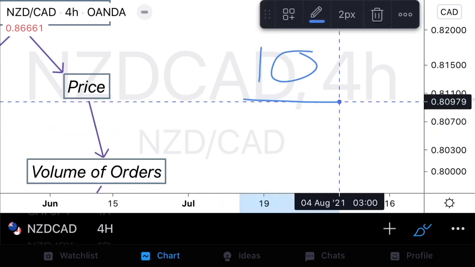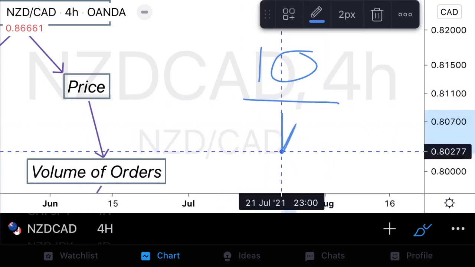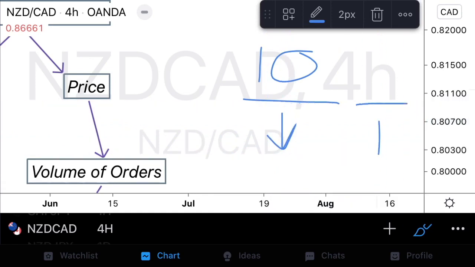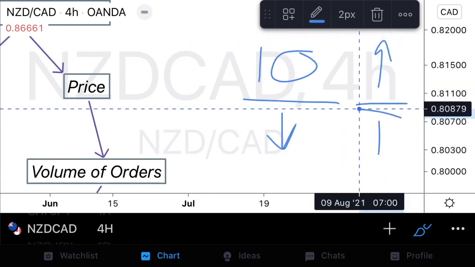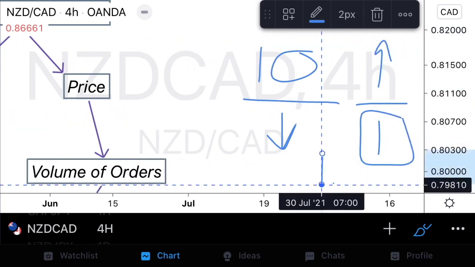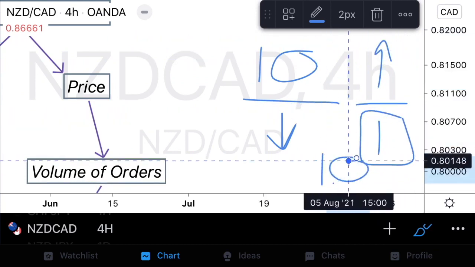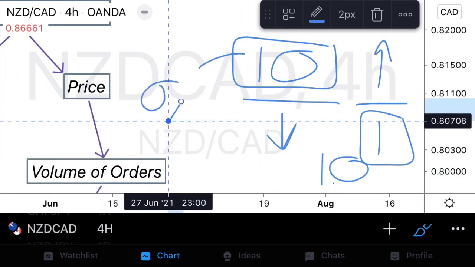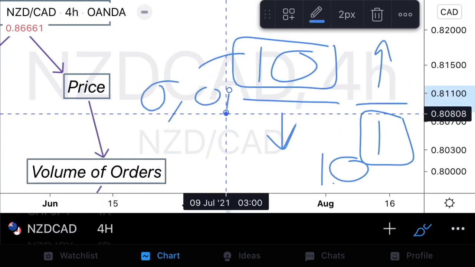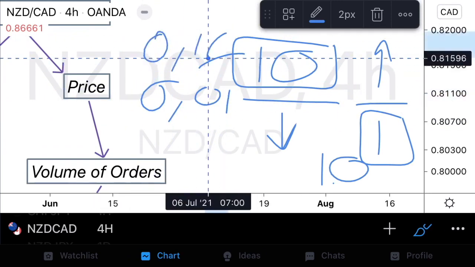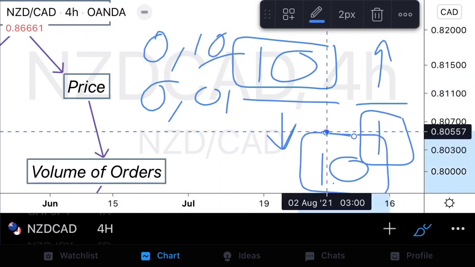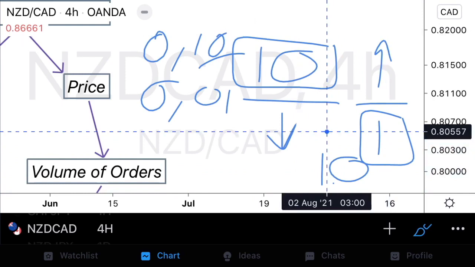If there are 10 individuals that are looking to sell this market, and there is one individual that is looking to buy this market here, and this one individual is trading at 10 lots, opening their buy, and all of these 10 positions that are being opened here are traded at 0.01, all these 10 positions put together just gives us 0.10. Now we can clearly see that there are more lots being bought than there are being sold,